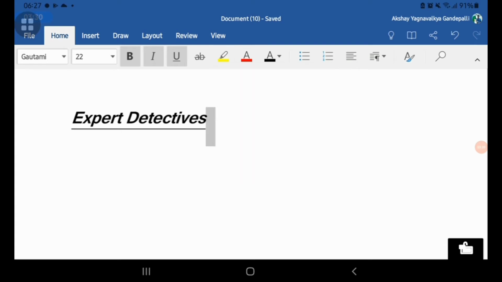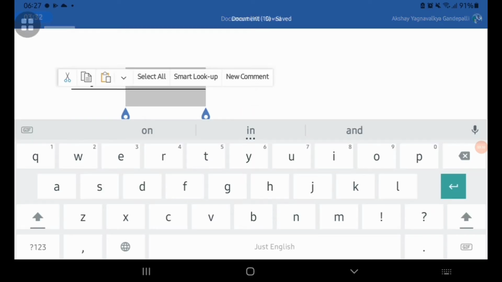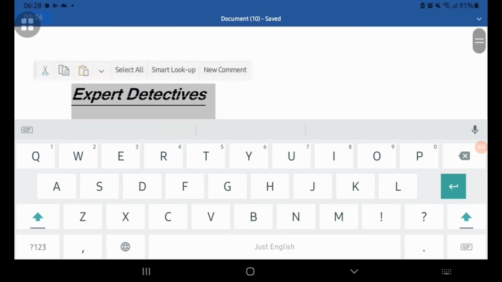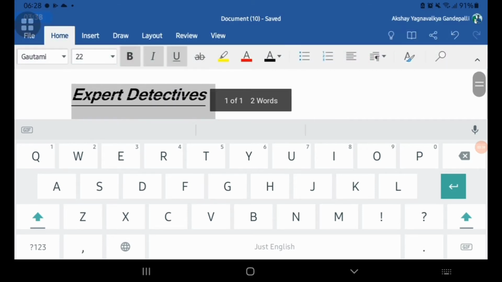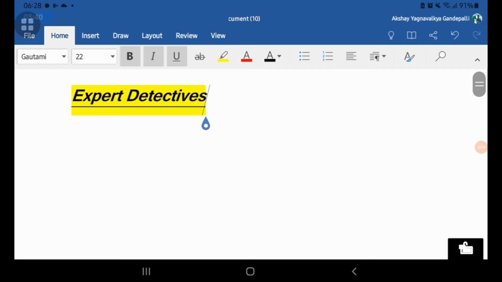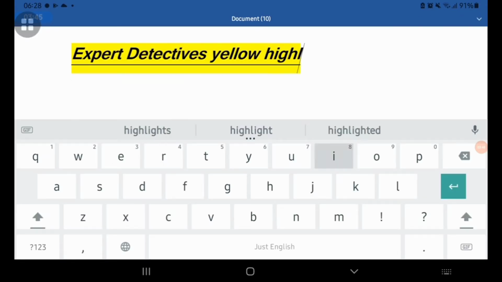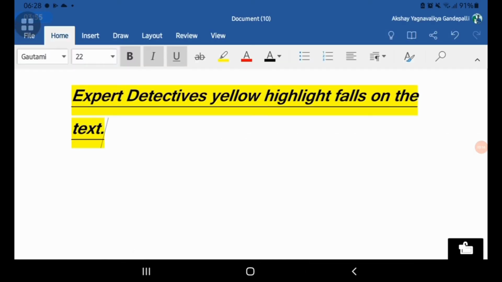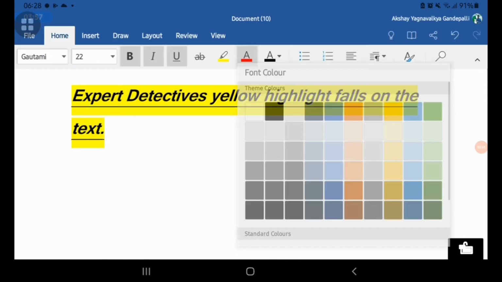First select. So I am selecting. After that you have to click again on this option and click on the highlight option. Whichever color you choose, it will highlight in that color. The yellow highlight falls on the text, as you have seen.